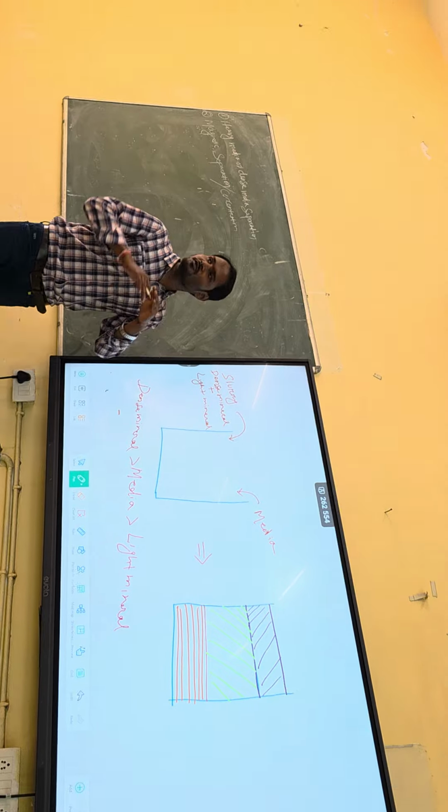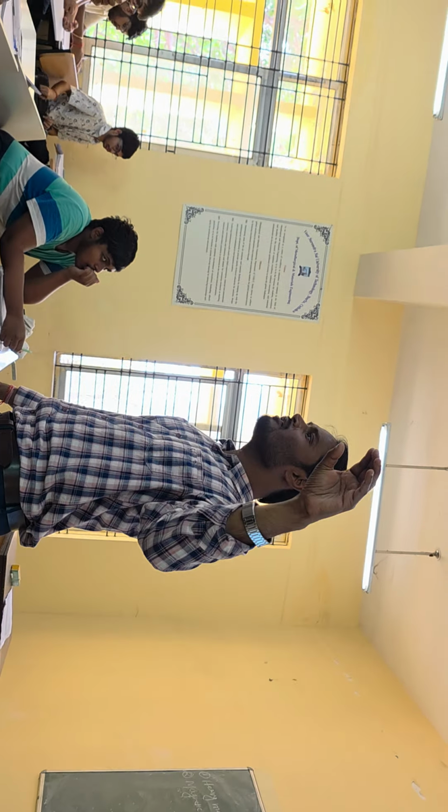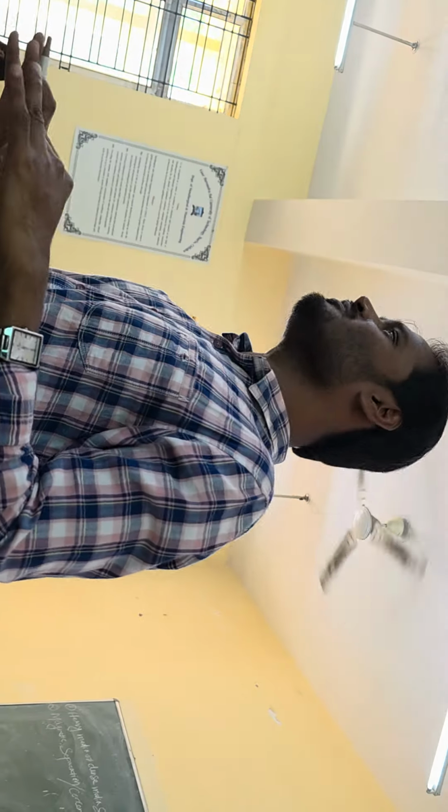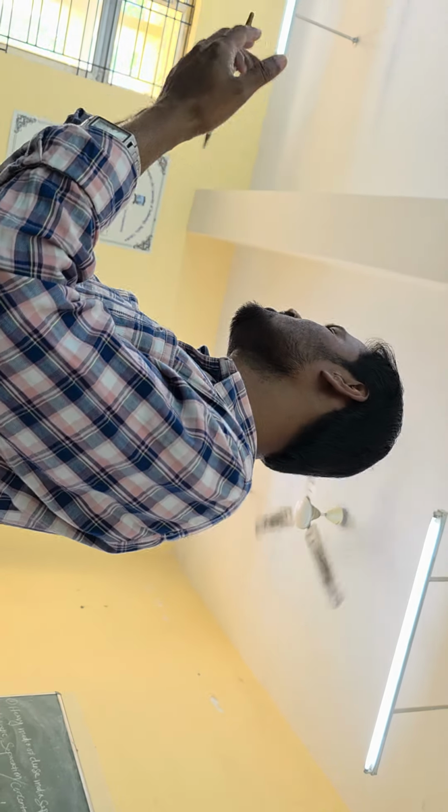But our main point is to separate them into two layers. The dense mineral will form one layer and the light mineral will form another layer. That is our main criteria. Of course, the light mineral will be on the top, and the dense mineral will remain at the bottom. But how to separate them? It is very difficult because initially it is a slurry, a mixture of all the minerals, light and dense.